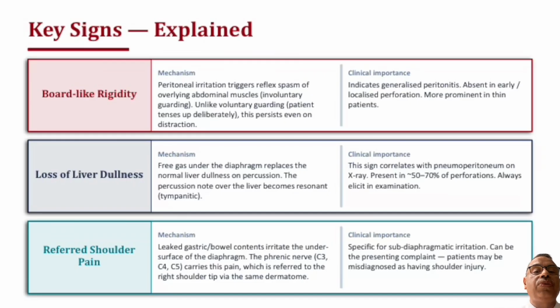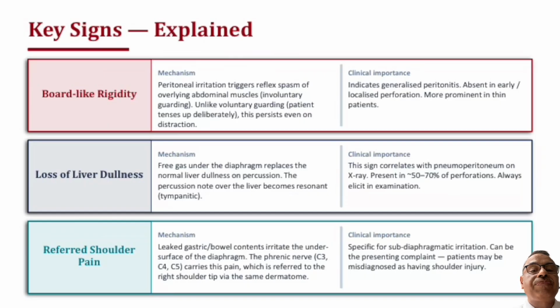thinly built individuals. The loss of liver dullness occurs because there is free gas under the diaphragm, which replaces the normal liver dullness on percussion. The percussion note would become resonant or tympanic over the liver, unlike in a normal patient, where it should be dull. This sign correlates with pneumoperitoneum, the loss of liver dullness on X-ray. We'll see later on that it is only present in 50 to 70 percent